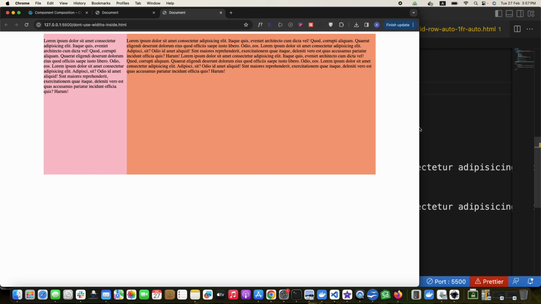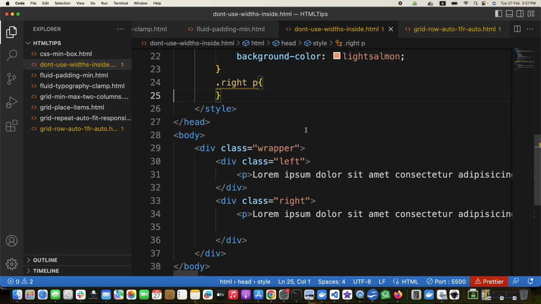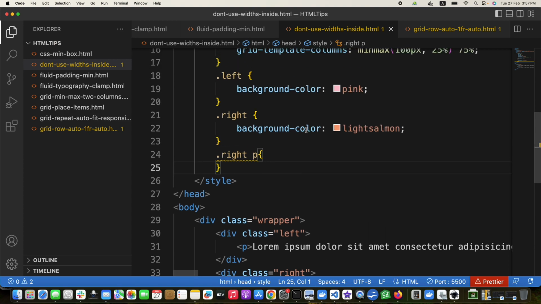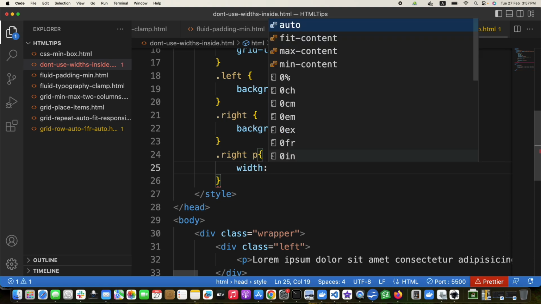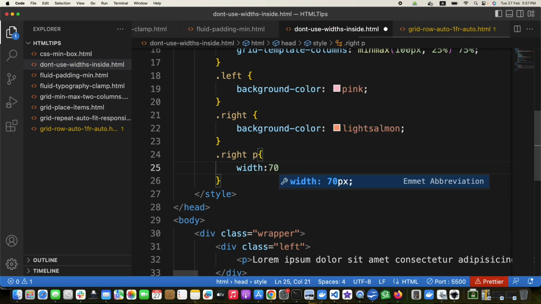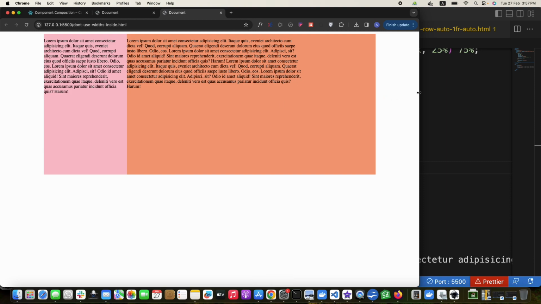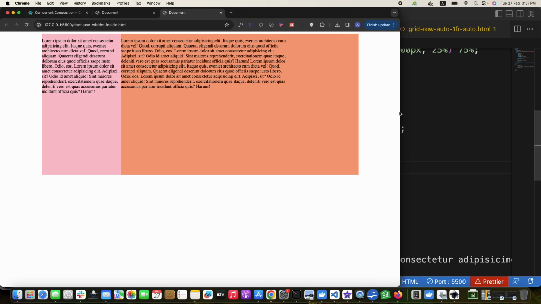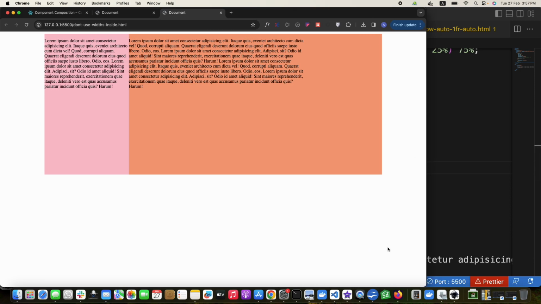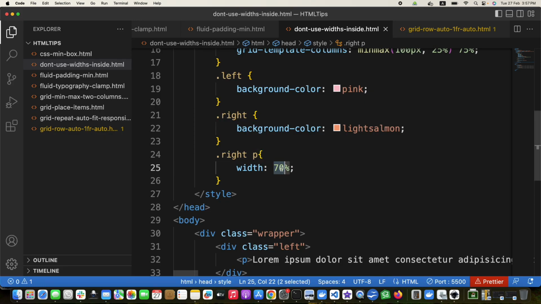The maximum you can do is, say for example, widths in fixed pixels or rems. In case you have to give a width for some reason, you can give, for example, width 70%. Now it has some width, but if it shrinks, it will shrink according to its container. So it will never move out of the box. If I go back to a fixed width, say for example 700 pixels,